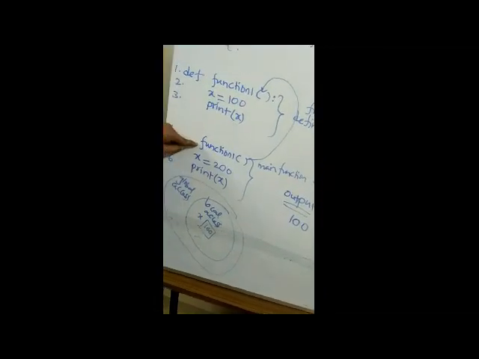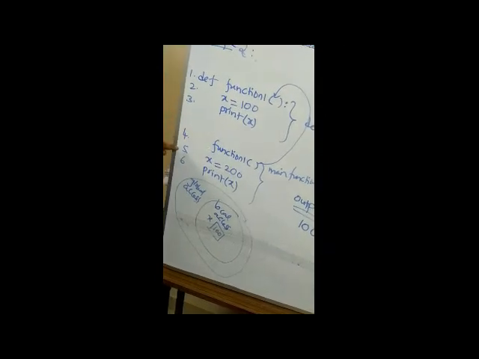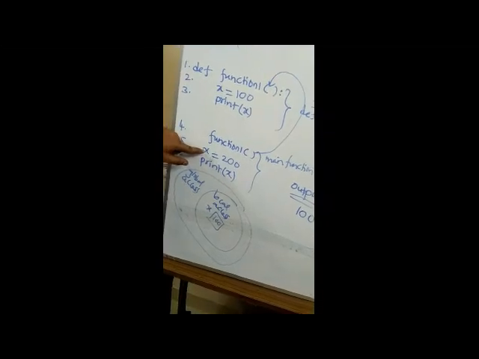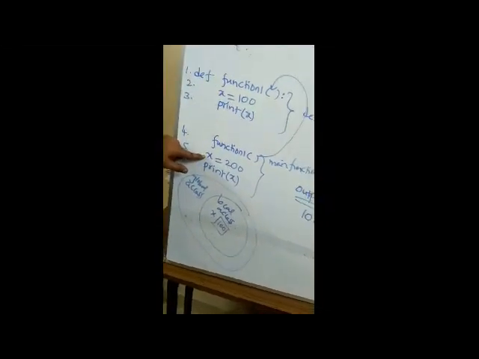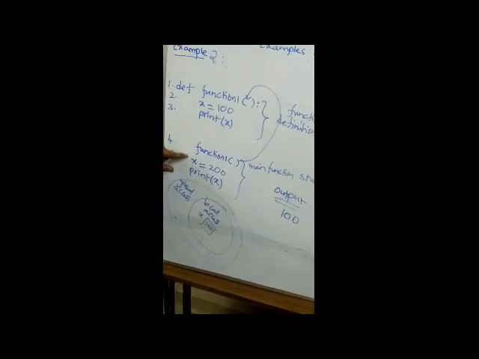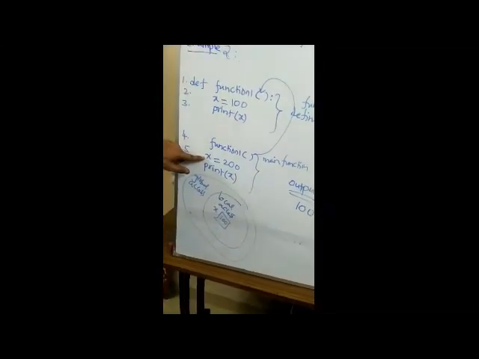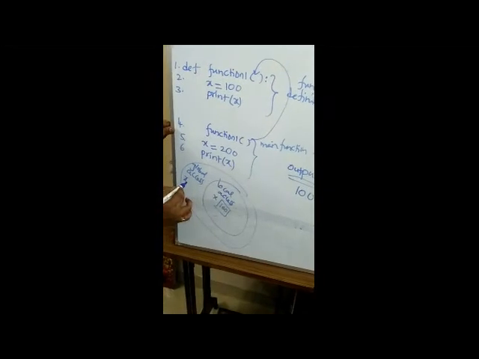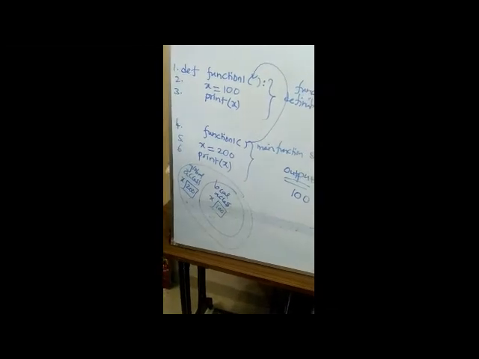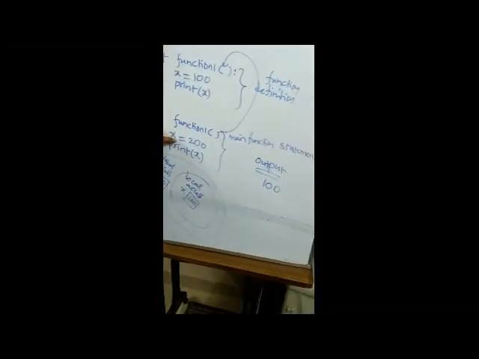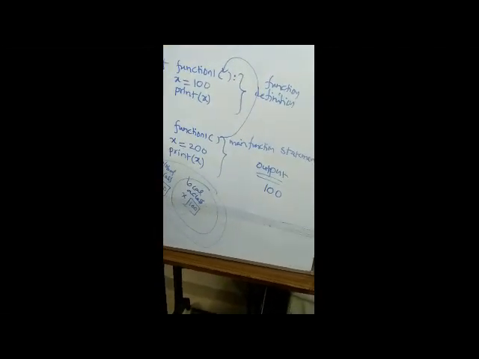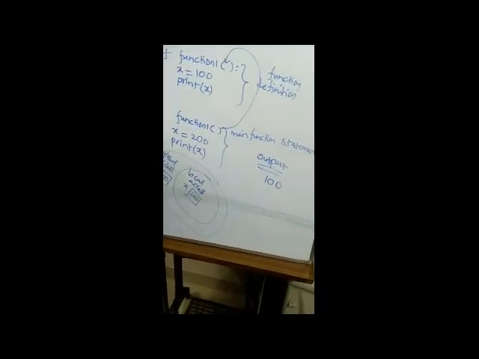Next, after completion of the function call statement, function1 finishes, and control comes to line 5. See here one more x is equal to 200. This x is a global variable. Why do we call it a global variable? Because it belongs to the main function part. That's why this x is global variable access, and here x is 200. This x is local access and this one is global access. Next, after completion of line 5, control goes to line 6.